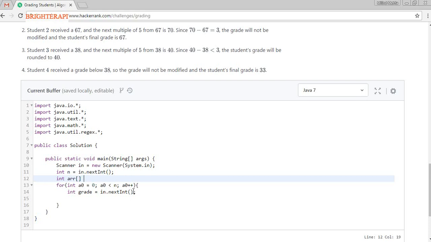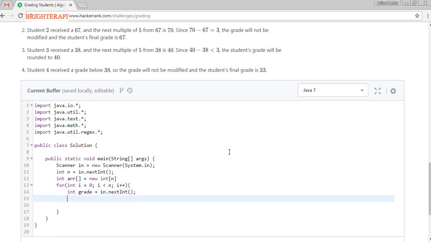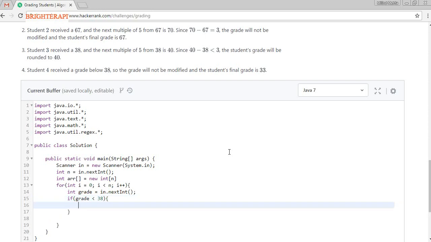A new integer array. I'm changing the variable name to i, because it's easy to understand and easy to write. Here, if the grade is less than 38, then we need not change anything.